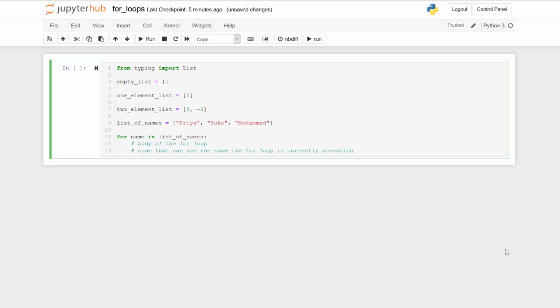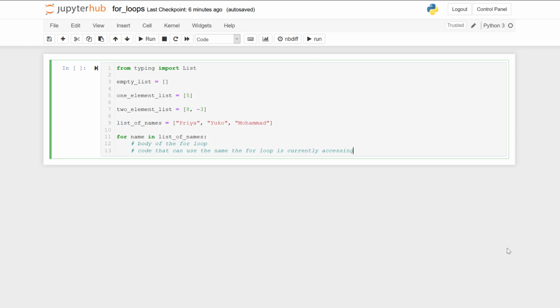As we can see from the syntax highlighting, which is the color that Jupyter is showing the different pieces of code in, for and in are keywords in Python. That's why they're showing in green. Name is a variable, we'll talk more about that in a moment, and list of names is also a variable name. We can see that it's previously defined 2 lines above this example, but it's also often passed in as a parameter to a function, if we're using a list within a function design.